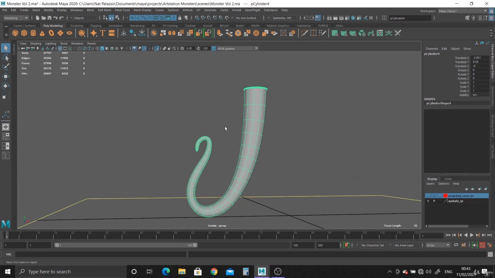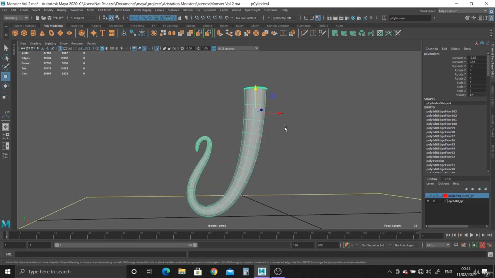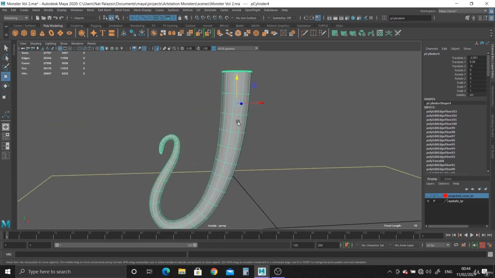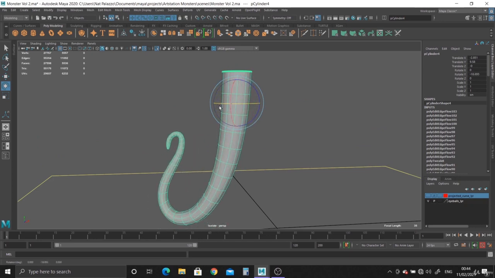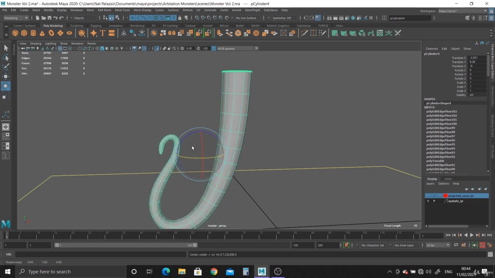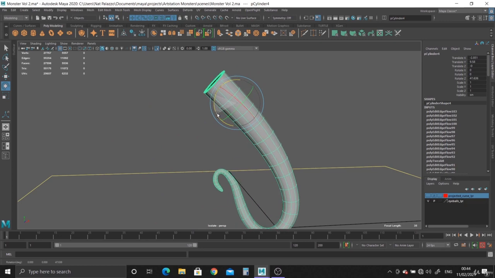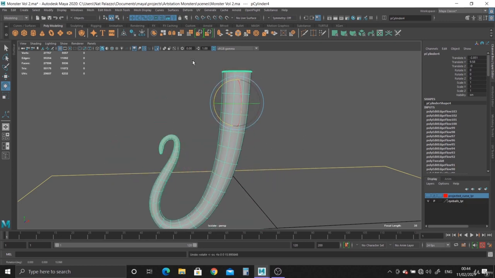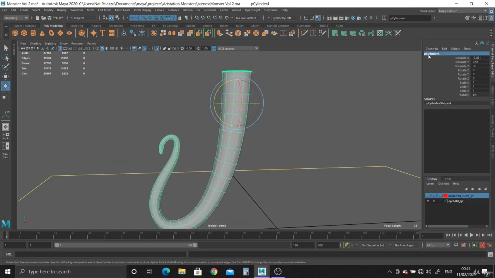Delete history, center the pivot, Control S, save your scene. Actually, I don't want to center the pivot. Where is the pivot? The reason for that is so we can move it around later. If you center the pivot, it's moving from here, but I like the pivot here. Okay, so delete history, we can call this tentacle 2,